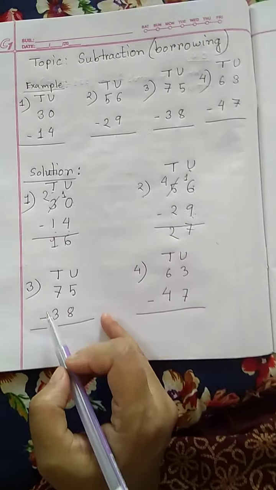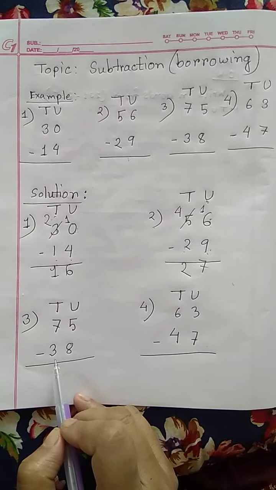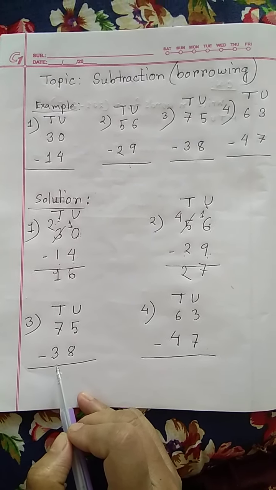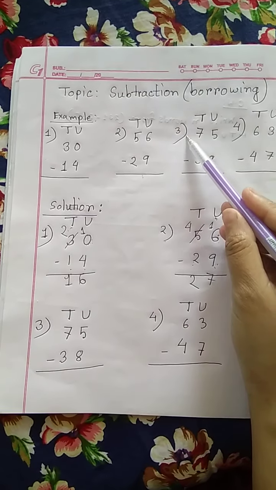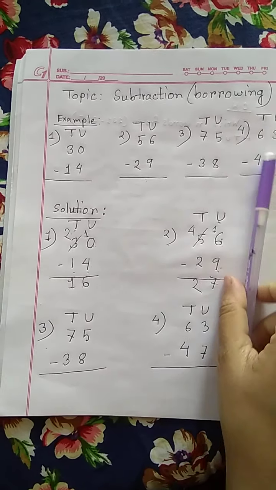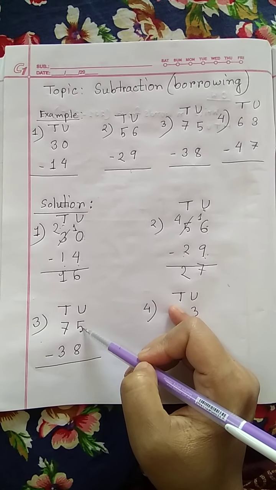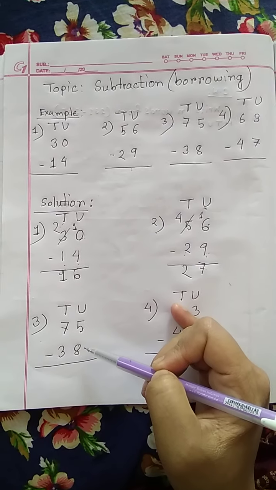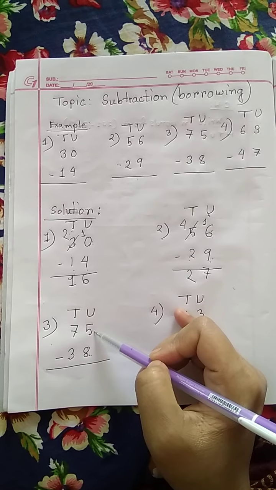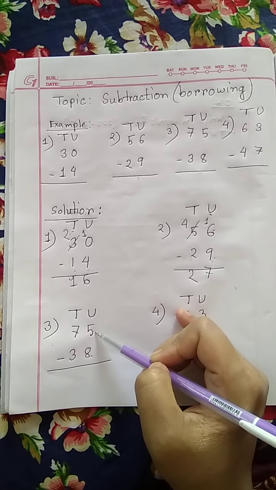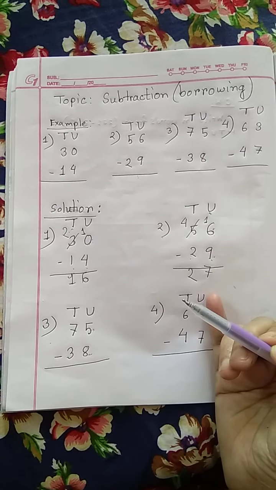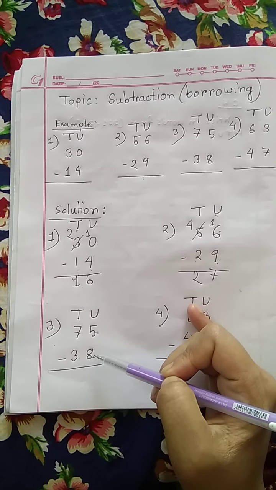Now, solution number 3. The same process, the same thing. Again, I am telling all of you, listen to me very carefully. Here is number 3. Same math. Okay. 5 is smaller than 8. 8 is bigger than 5. Can I subtract 8 from 5? No. The same problem, because 5 is smaller than 8.